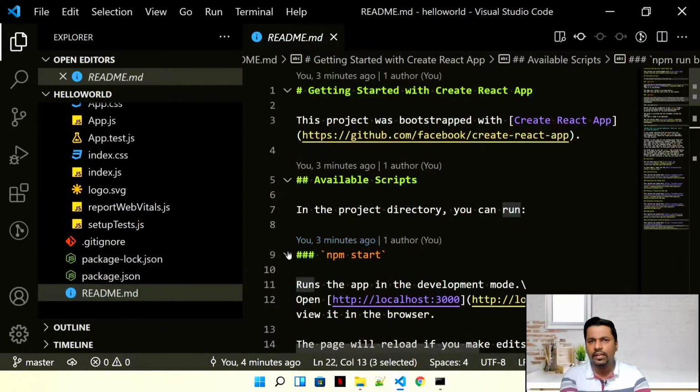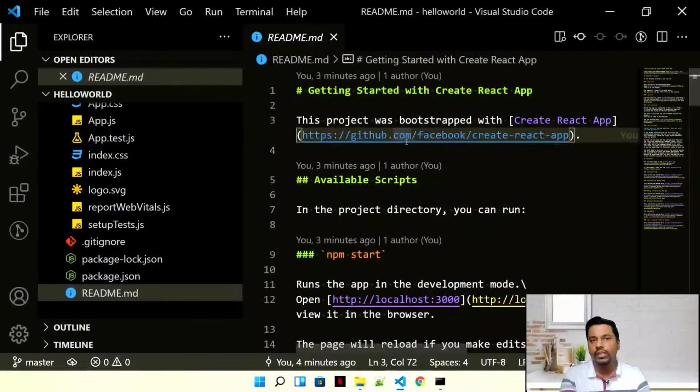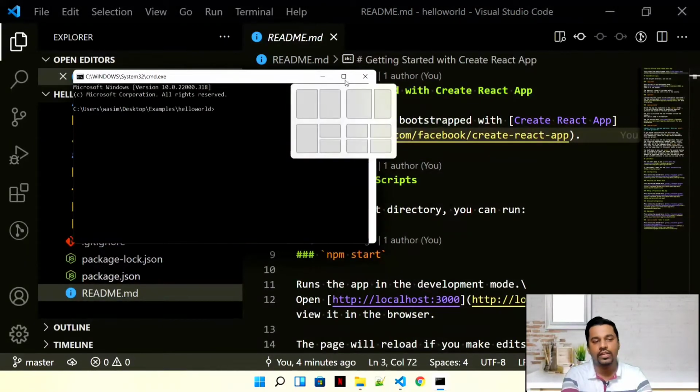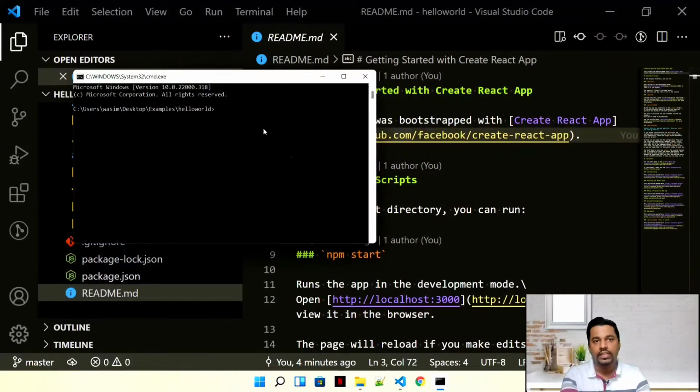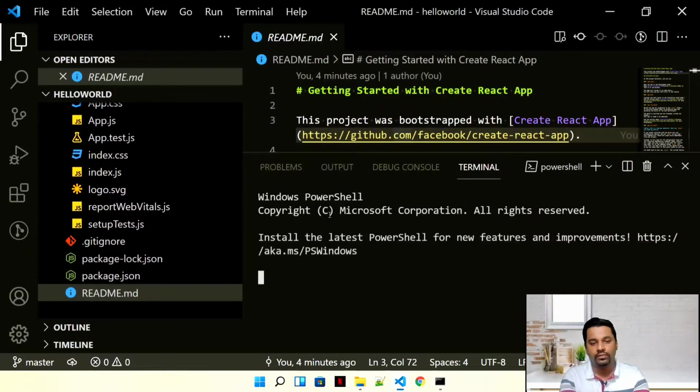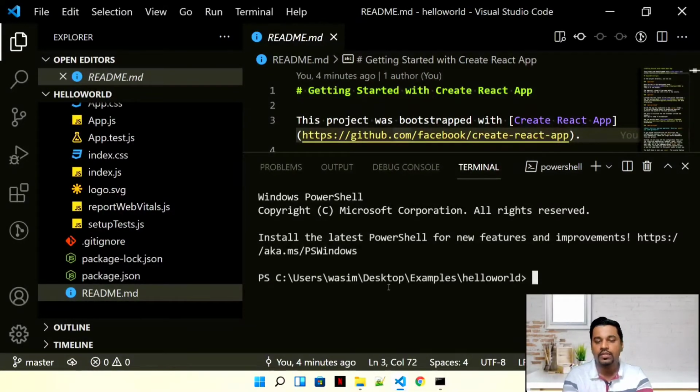Then let's quickly run and see how it exactly looks. Usually people run it in the VS Code terminal. I have a different habit. I usually run it in my command prompt. If you want, you can see it in the Windows terminal, that is Control and backtick, which will open the terminal in your own window. The first command that we have is npm start.